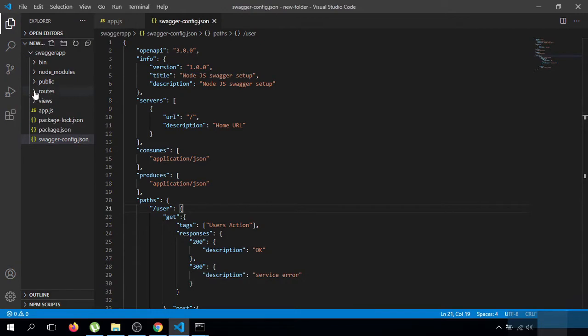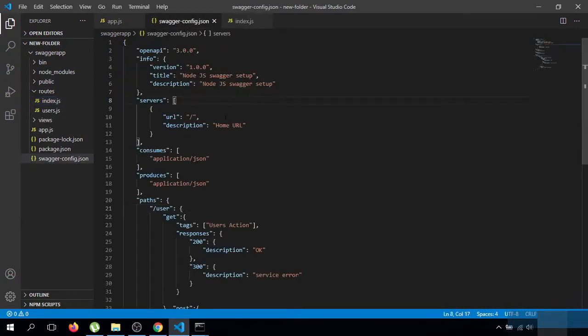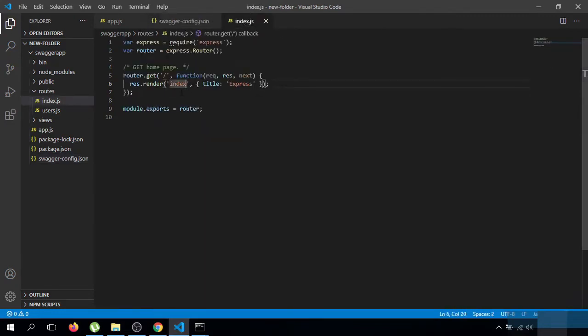Let me write some APIs here. As you can see, our Swagger configuration URL endpoint currently point to slash URL, which is a home page. You can see that here.